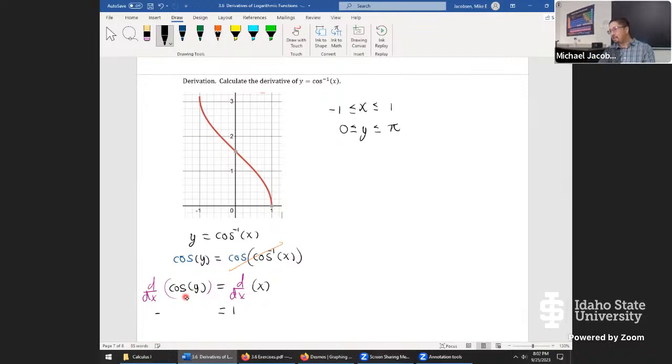Exactly. We'll get negative sine of y, but the chain rule says you have to multiply by the derivative of y. So it's times dy/dx. So cosine was the outer function. We differentiate it first. There it is. y goes inside. And because y is an inner function of x, we multiply by its derivative. We carry this up. We now have that the derivative of y with respect to x is -1 over sine